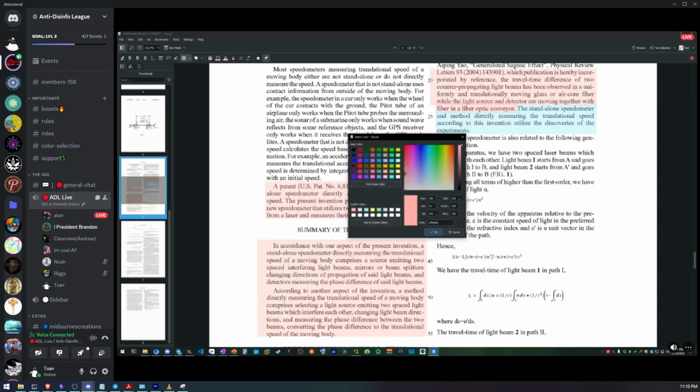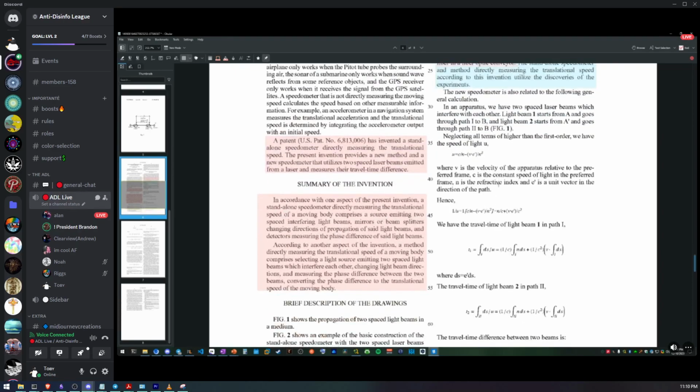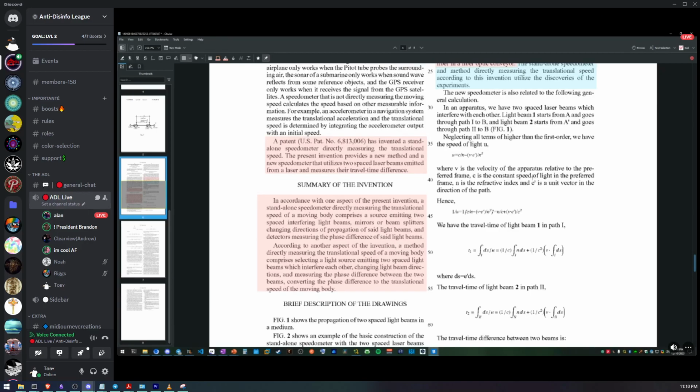C is the constant speed of light in the preferred frame. N is the refractive index, and e prime is a unit vector in the direction of the path. Hence,